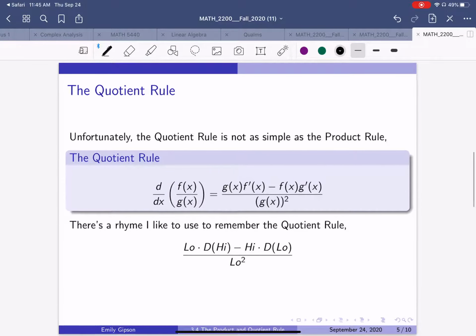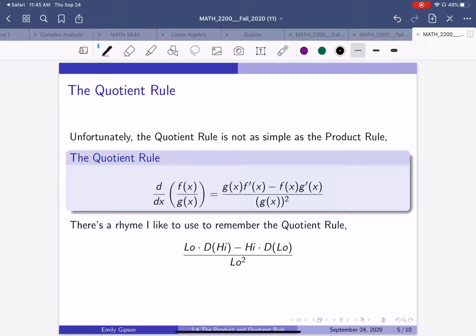So if we have a product rule, we better have a quotient rule. And unfortunately, the quotient rule is not nearly as simple as the product rule. In fact, d/dx of a function f(x) divided by a function g(x) is g(x) times f'(x) minus f(x) times g'(x)